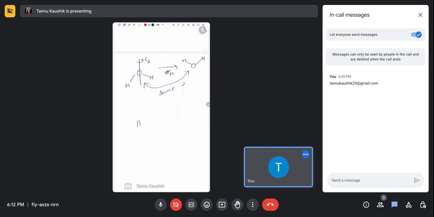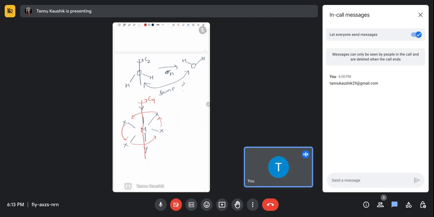अब जैसे कि ये कॉन्फ़िगरेशन है एक मेटल। अब इसमें जो मेरा प्रिंसिपल एक्सिस ऑफ रोटेशन है वो है C4 एक्सिस ऑफ रोटेशन। जब आप इसको C4 में रोटेट करोगे, ये X यहाँ चला जाएगा, ये X इधर, ये X इधर। एट द एंड दीज X एटम्स आर चेंजिंग बट दे आर ऑल सेम। तो ओवरऑल कॉन्फ़िगरेशन चेंज नहीं होगी।